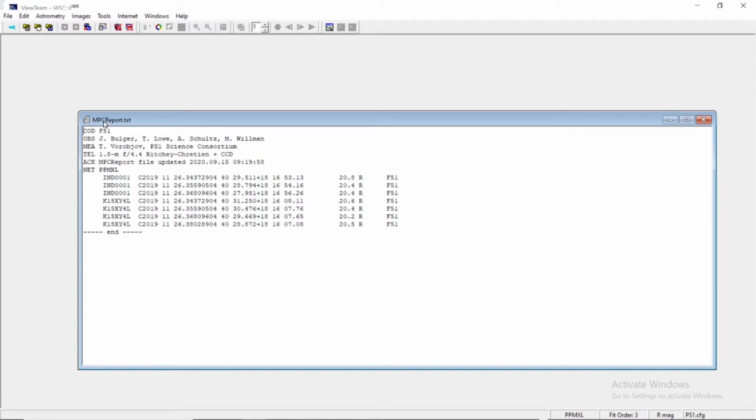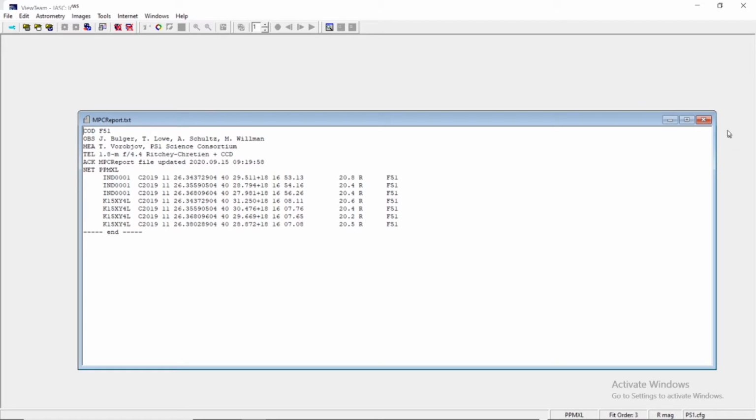Now what to do to get rid of these lines? Because if we continue from here, the new object that will be analyzed will be mixed with this MPC report. Two image sets should not be mixed at all. One image set has got its own data, the second image set has got its own data. So you have to take care of the very basic fact that two image sets should have two MPC reports, and they should not be mixed up.